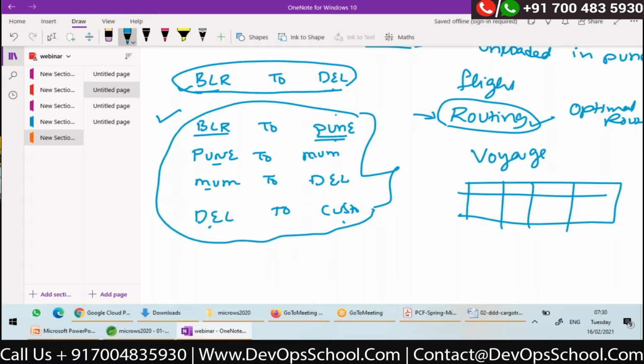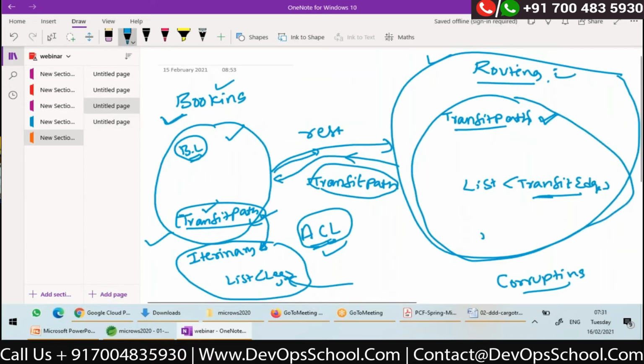So this is the whole itinerary, and in itinerary this is a leg. Everything is a leg. But in routing domain, I'm using a different language based on my business. So in routing domain, let's assume that they are calling transit path and transit edge.